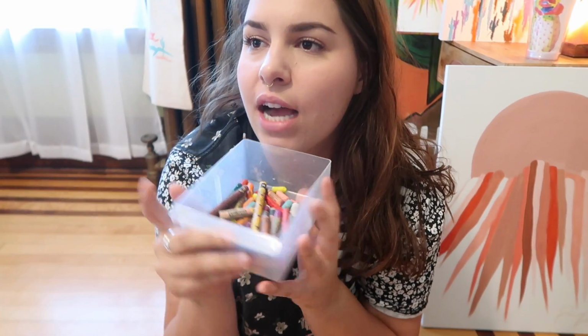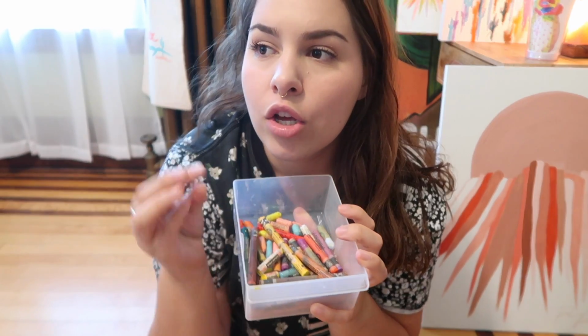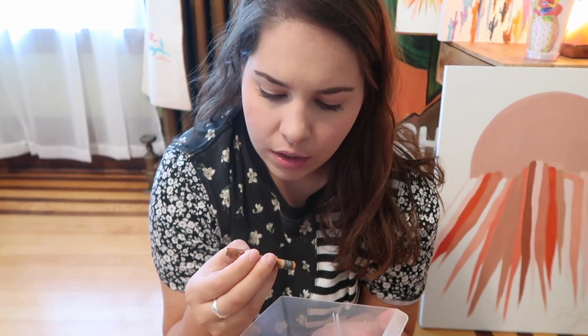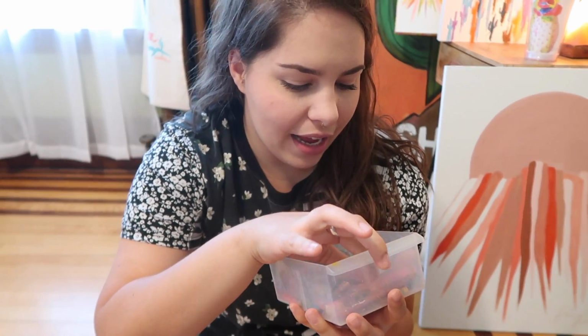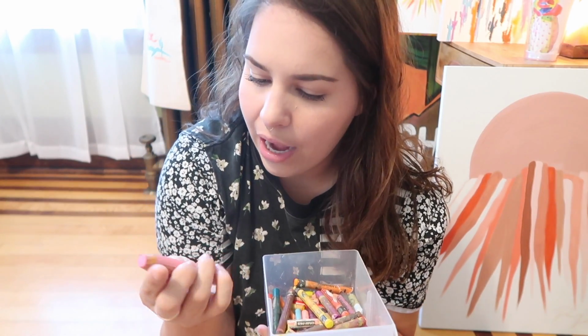I do have an entire drawer like this full of crayons that are super gooey that I don't use all the time because they transfer a little bit more. But these are the Neo Color Aquarelle pastels, which I've never shared with you guys. That's what I use. And my whole collection is those in this drawer specifically, except I do have one